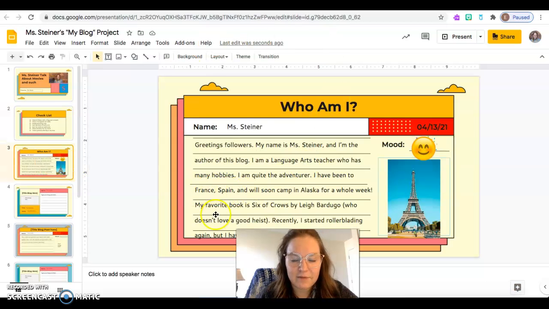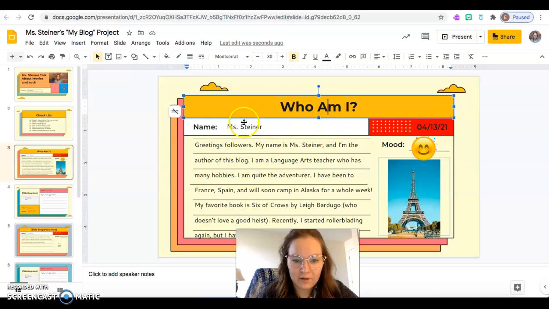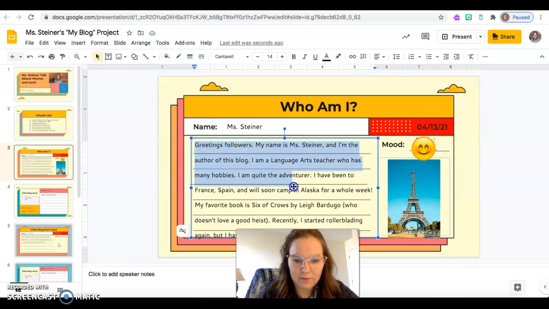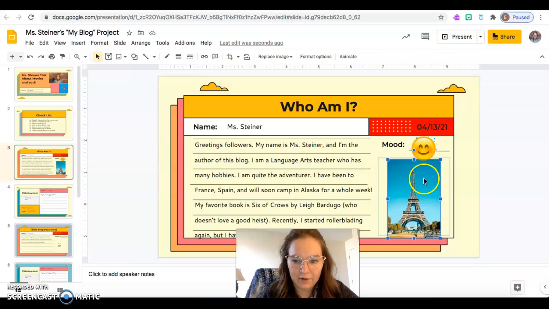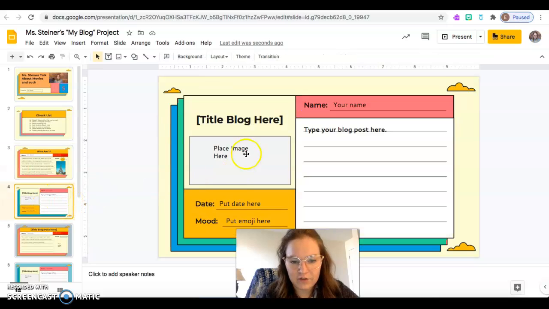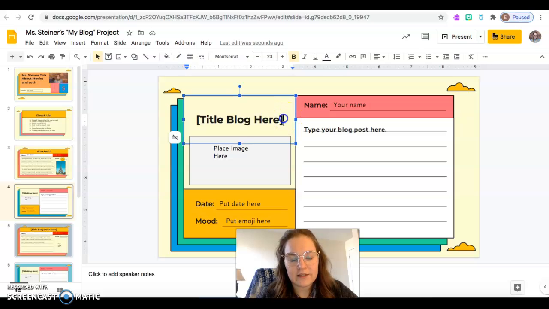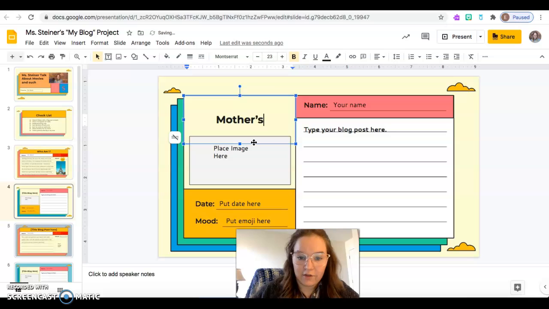So down here was my example slide, right? My first one. I have my title up top, my name, the date, and I typed my first blog post already, okay? And I put in a picture. Let's do another one. Let's say I want to talk about my day or maybe something coming up, all right? Maybe I'm talking about Mother's Day. So we'll title this Mother's Day